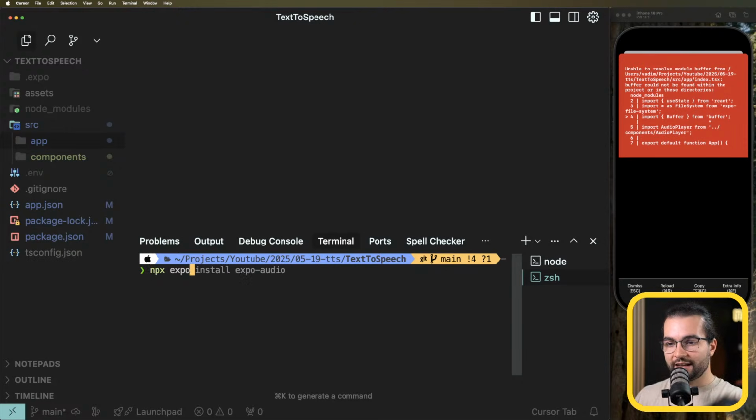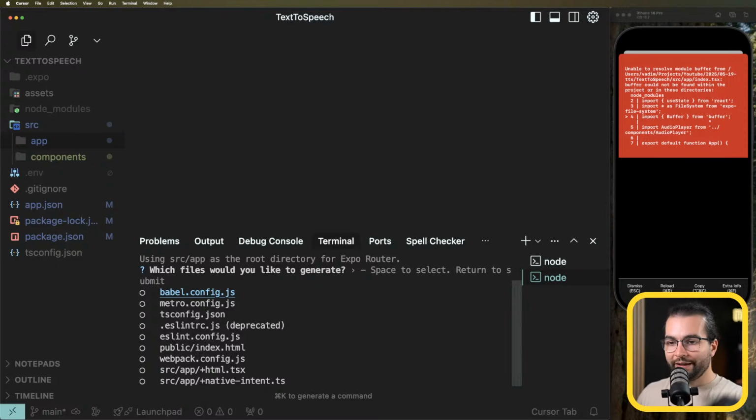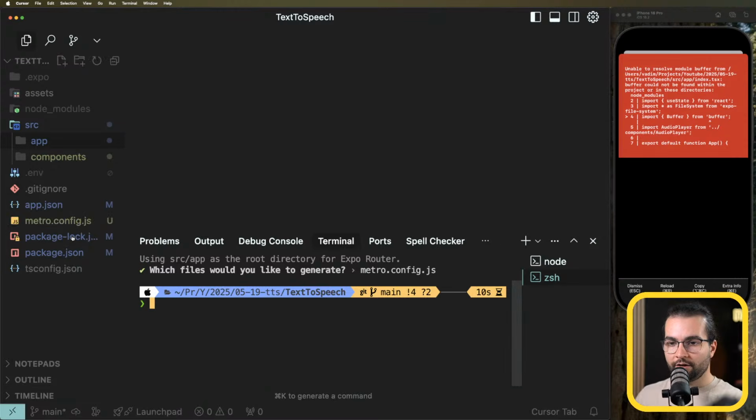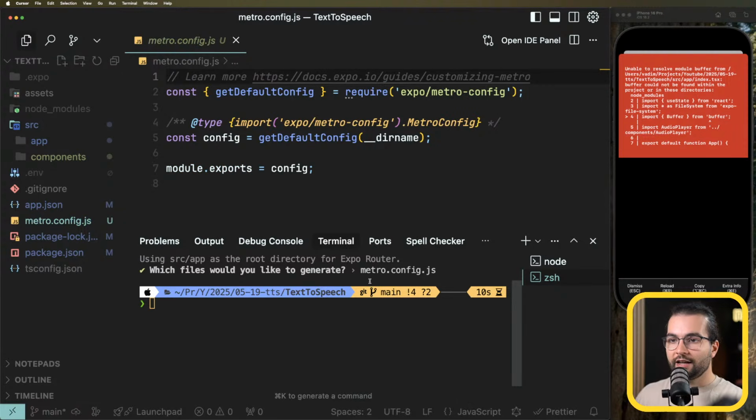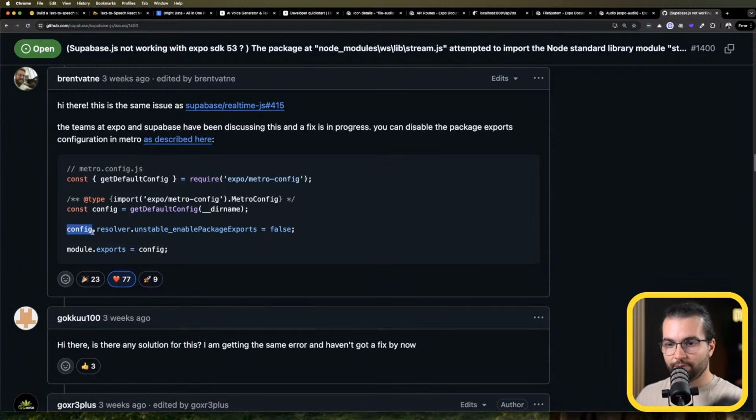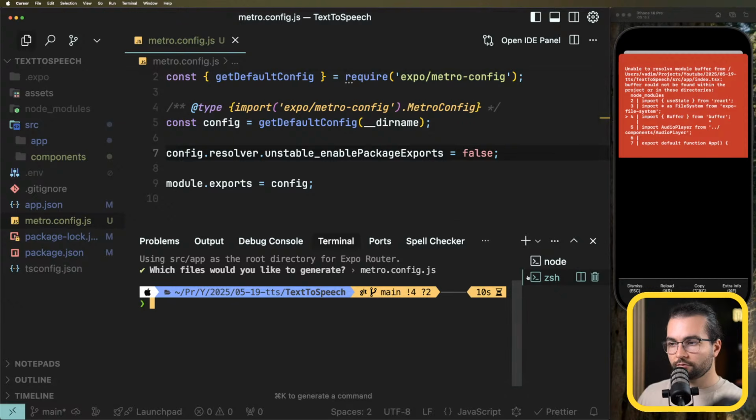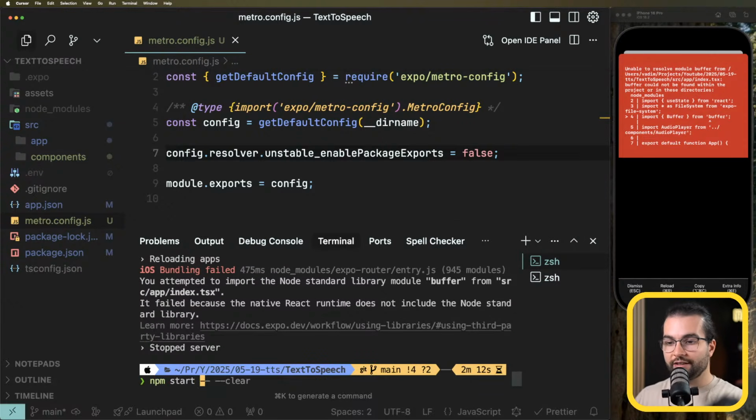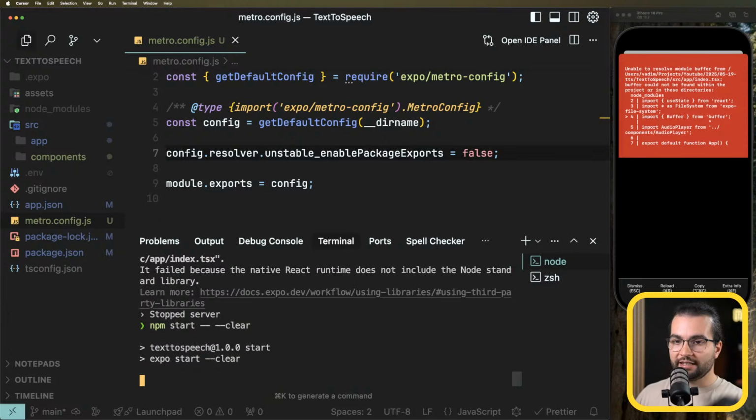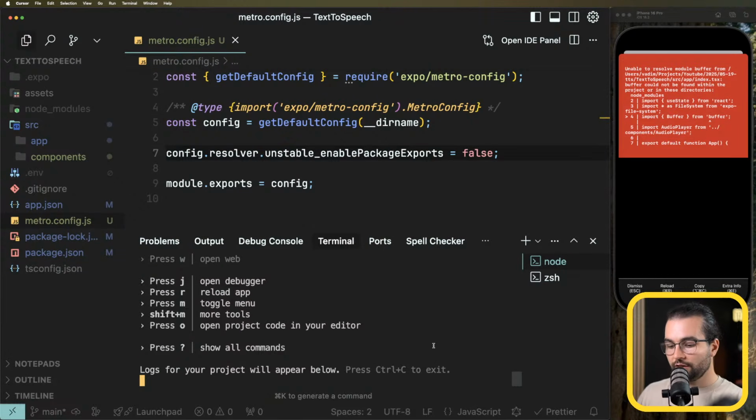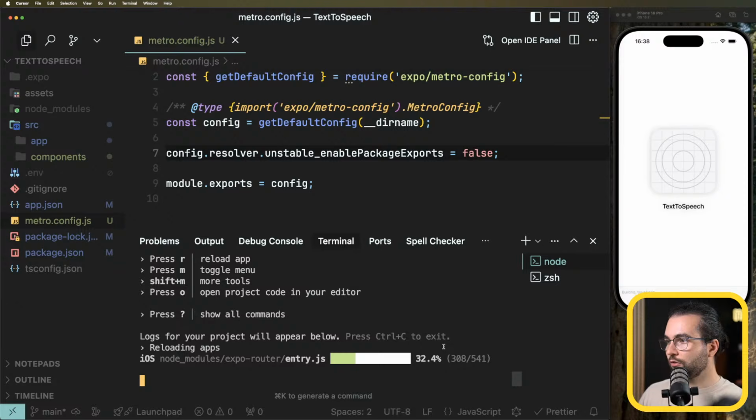However, by running npx expo customize, we can choose what file we want to customize. I'm going to go down to Metro, press space to enable it with a tick, and press enter. This creates this Metro config here. And now I can apply config.resolver.unstablePackageExports = false. So if I do that and go back to restart the server, now we need the --clear flag to clear the Metro configuration. And if I do reload,